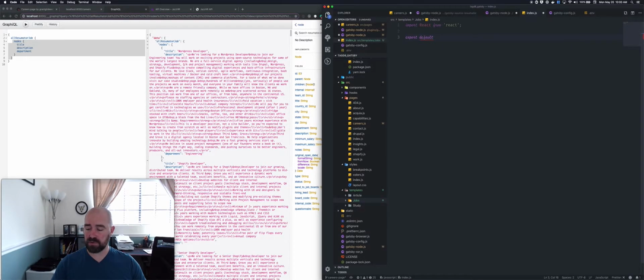Export default. And we will do a function component. We're going to feed this data at some point. But for right now, we're going to take props and we're going to just spit out